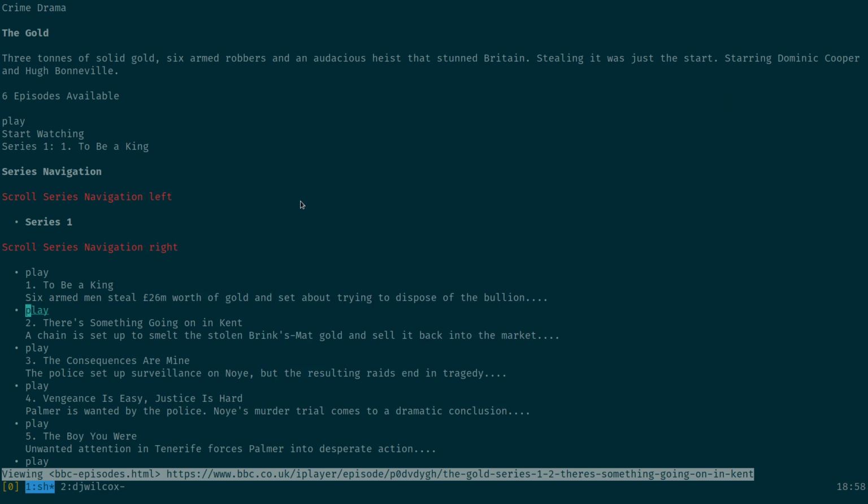And what that is, it's a command line program that will let you queue up a series of commands to be executed one after another when they're finished. So what we can do with this is actually queue up videos to be played one after another. So if we want to binge watch something, we can come through here,